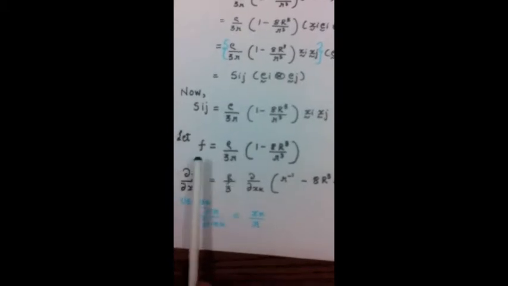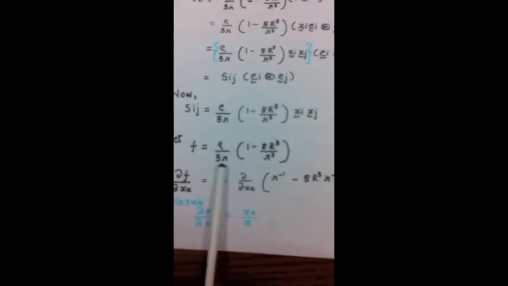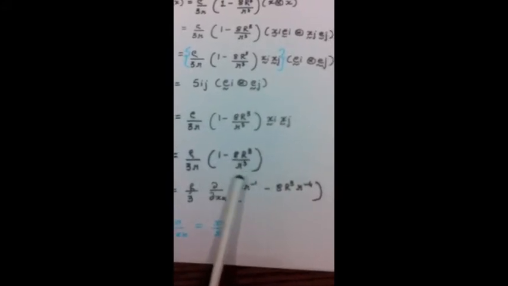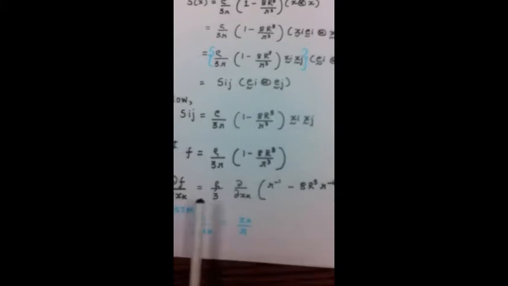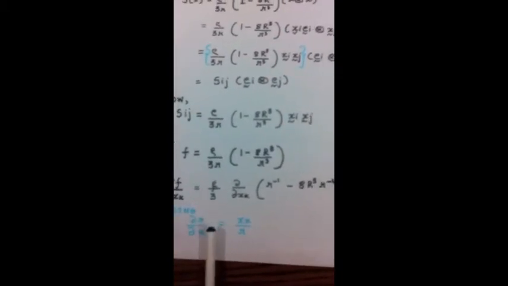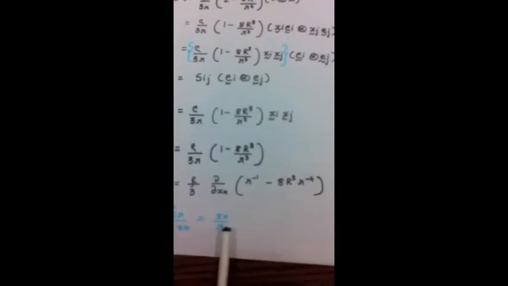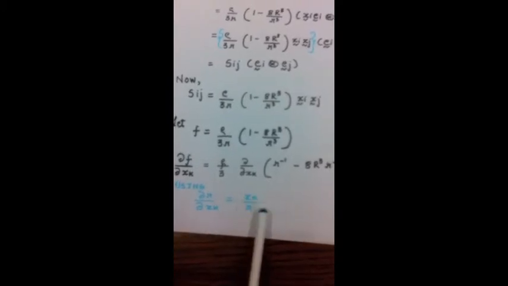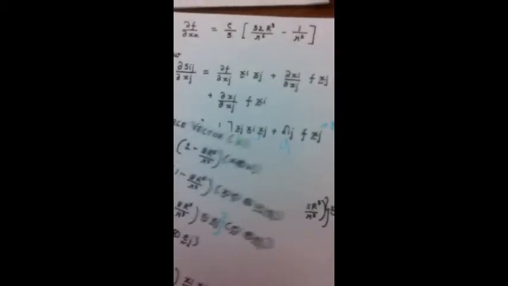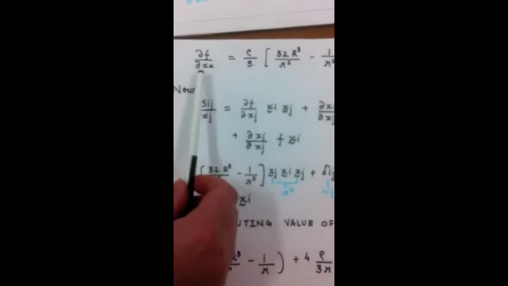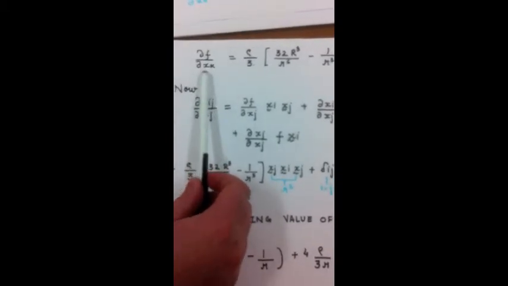to create a function f, which is equal to ρ over 3r times the quantity 1 minus 8R cubed over r cubed. The partial derivative of this function with respect to xk, and we get this quantity after using the partial derivative of r with respect to xk equals xk over r provided in our problem statement. From here, we simplify and get our final solution of partial derivative of f with respect to xk is this